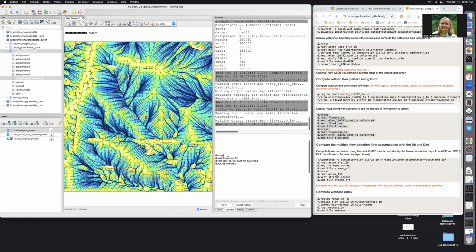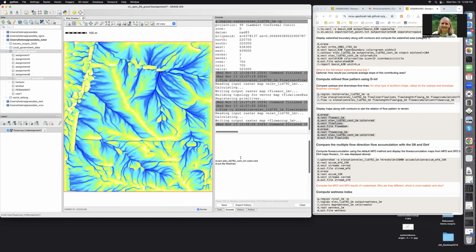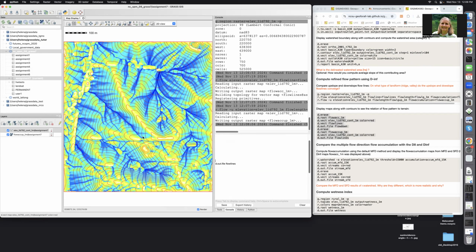Now we will erase everything. We will display the flow accumulation upslope. And let's look at how it relates to contours. So you can see from the contours that it is associated with ridges. And you can also answer this question by